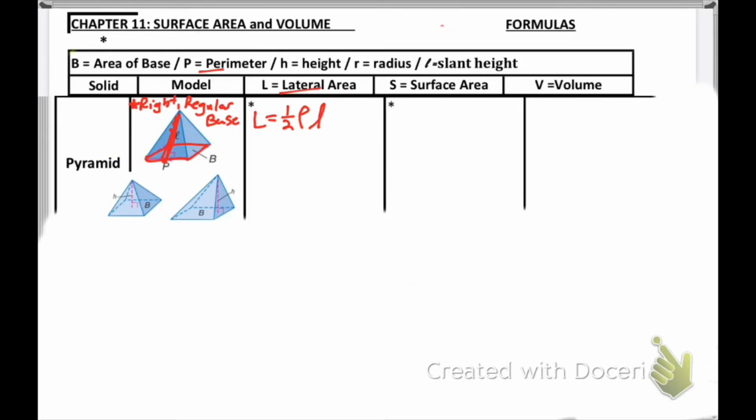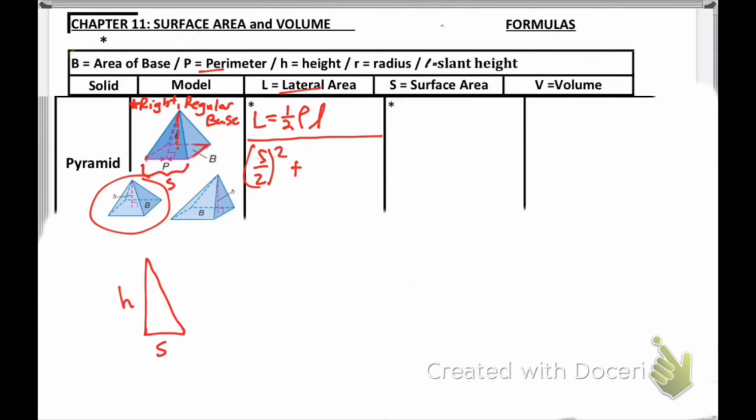Now again, notice in this diagram I don't have the height, which is right there. So to find it, the best way, what I previously said in the last slide, is that we'll use half the base, or half the side length of the base. I'm going to say S for side length. So I'm going to use half of that length, square it because I'm creating a right triangle,